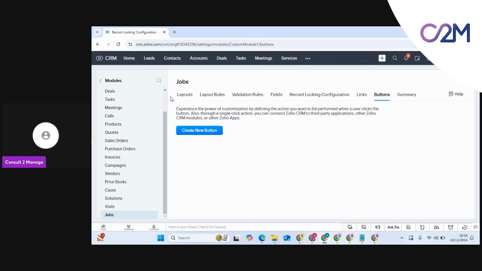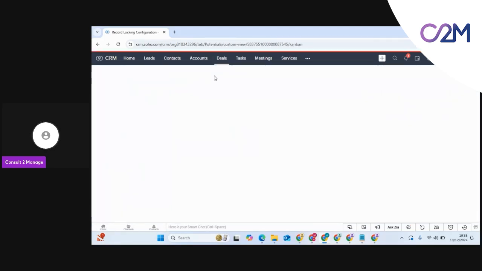So we covered layout, we covered fields, and we covered module. Quickly, before we move forward, I will show you how the job basically looks like. So if I go to a deal, for example, okay, so if we go to the deals module,